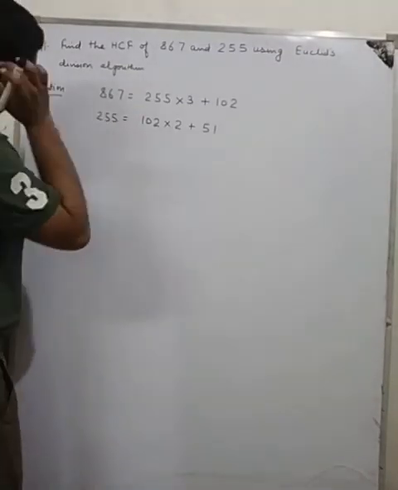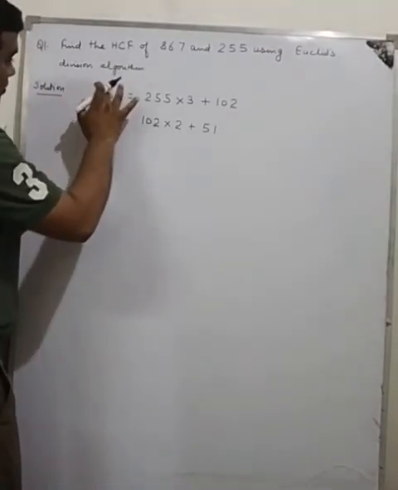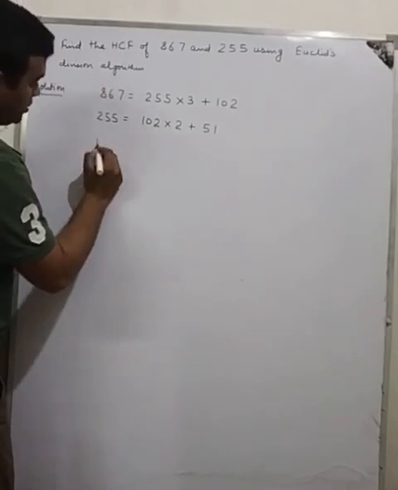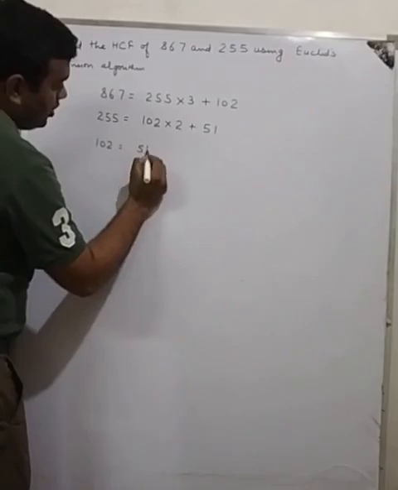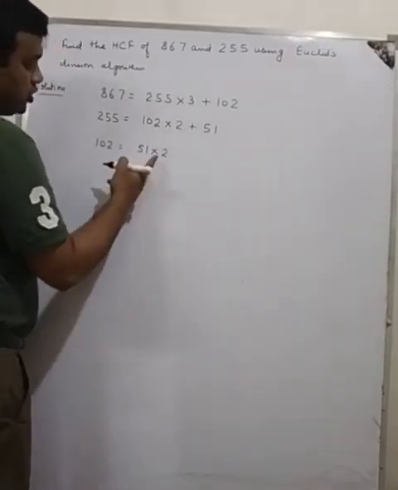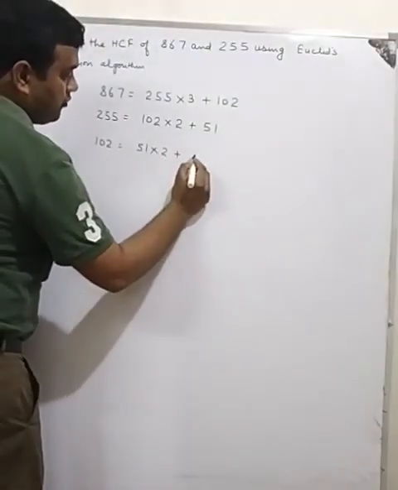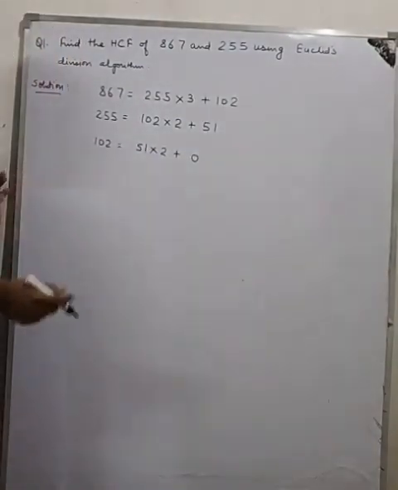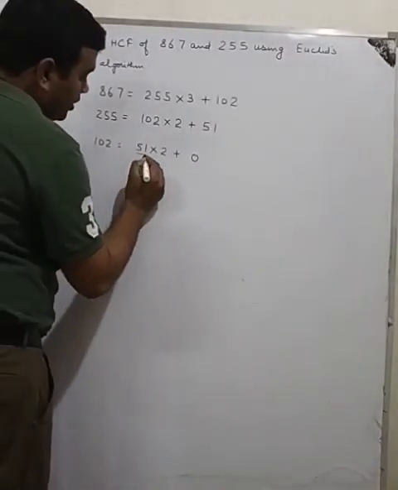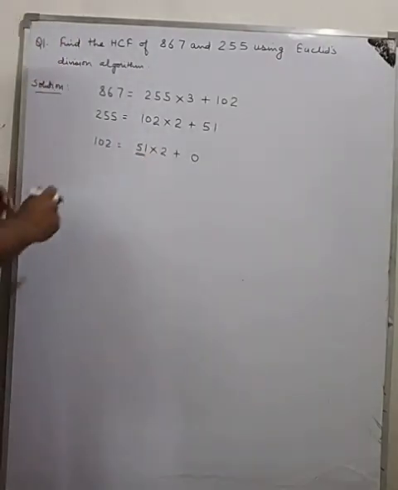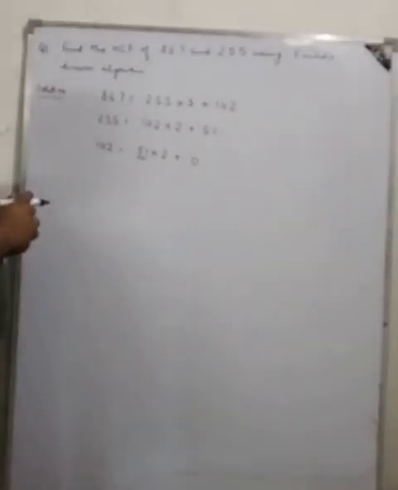So when we divide this 102 by 51, it will go 2 times and give 0 as a remainder. So this 51 will be the HCF of